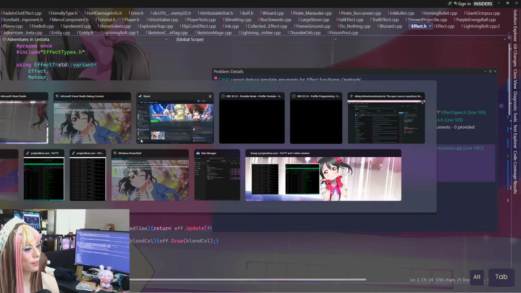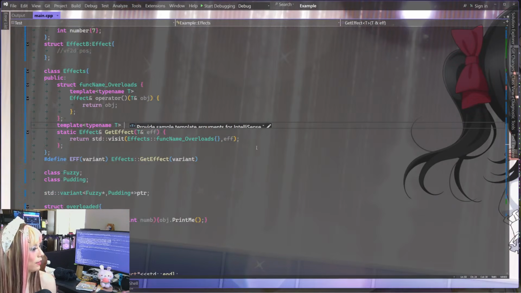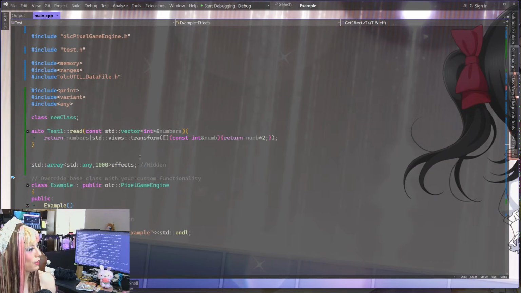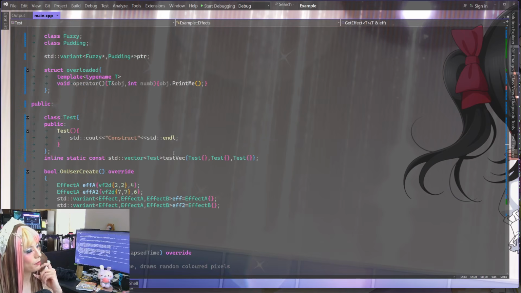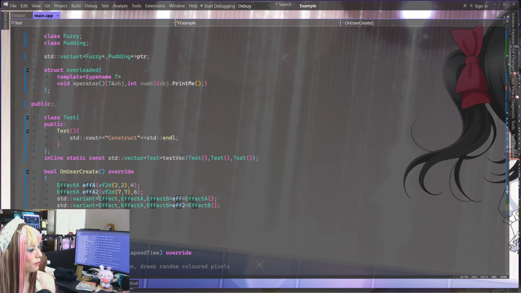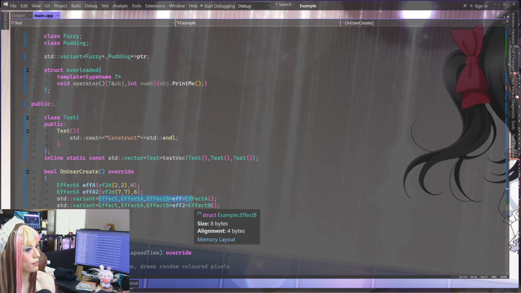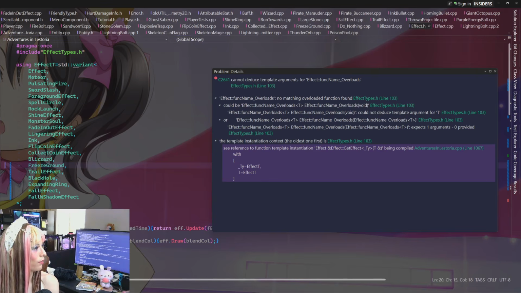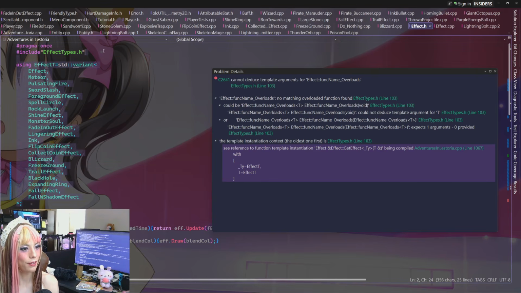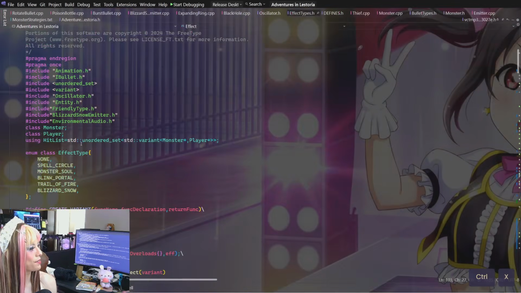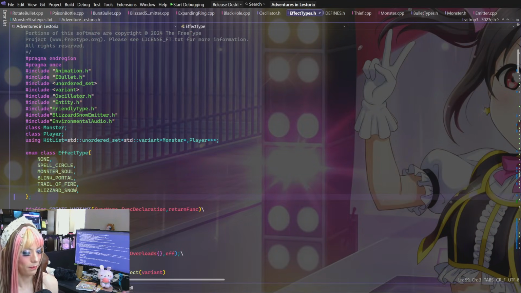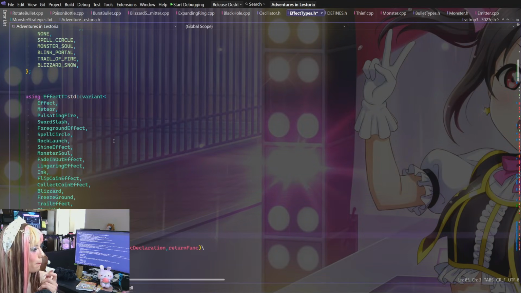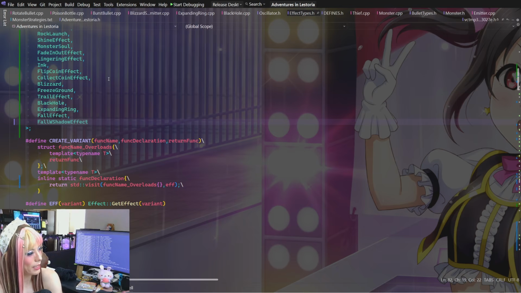Because like in this example, I think the types are known, but then they get generated, right? They get generated right here. Types are known beforehand. I'm trying to think, maybe in this case they're not known? That's the only thing I could think of. Maybe it doesn't know what effect T is. So what if we put them up here? That'll kind of hint to it that these are the types it can be.